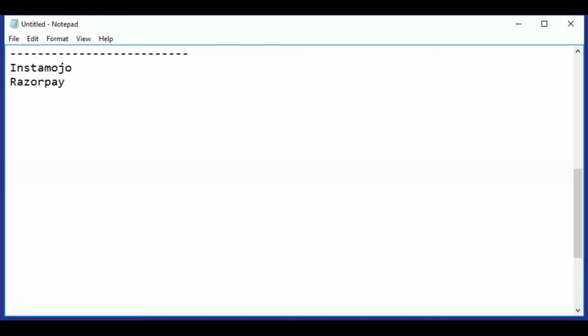If you go to Amazon, you get a lot of options: you can pay by credit card, debit card, net banking, or different wallets. We get all these things because they have a payment gateway. The same features will be activated on your account if you use payment gateways like InstaMojo and Razorpay. This we will be doing at last.